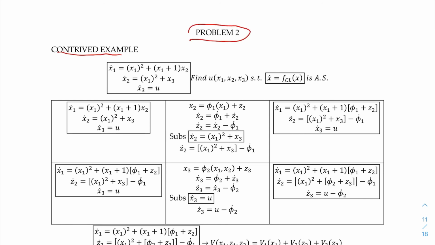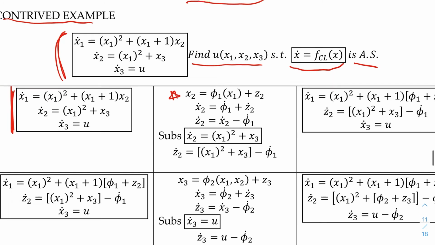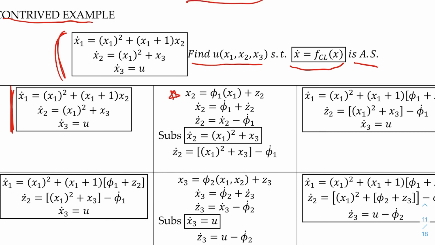All right, and this is contract. This is my example. I just constructed that, right? This is problem 2. Again, this is dynamics x1, x2, x3, and you have u input. Okay, and find your control law such that the closed loop is asymptotically stable. Okay, this is dynamics, right? This is your first variable change. Okay, and by doing the same manipulations, right,